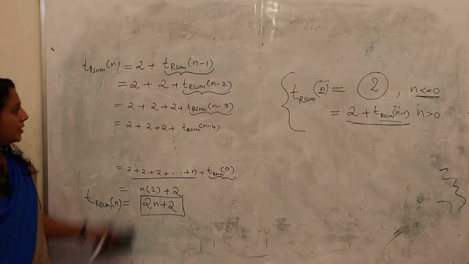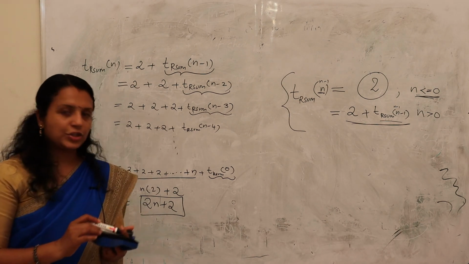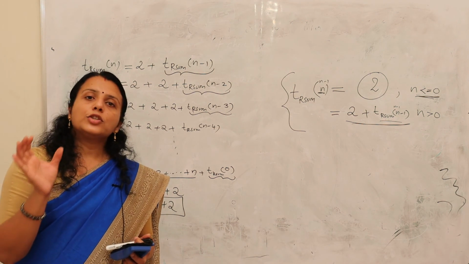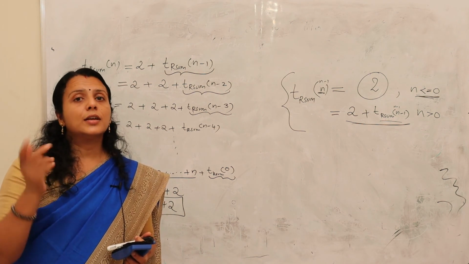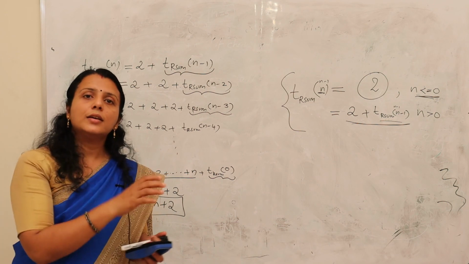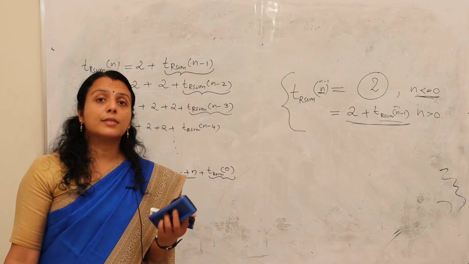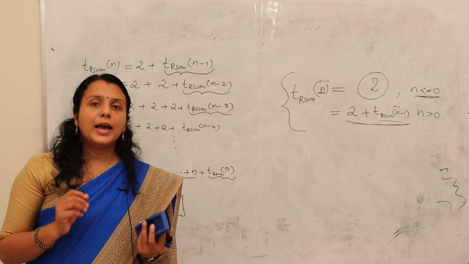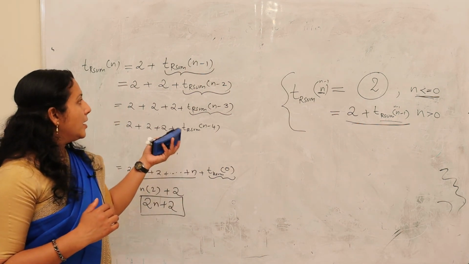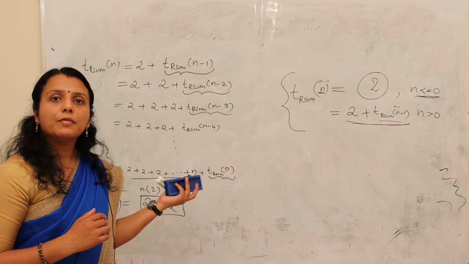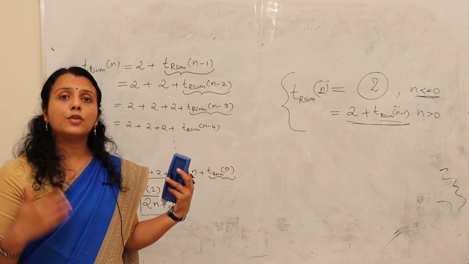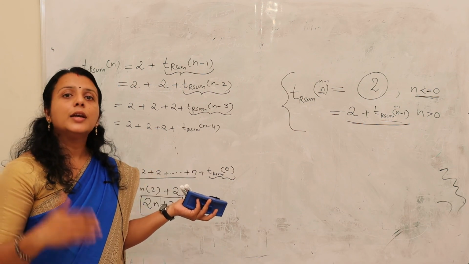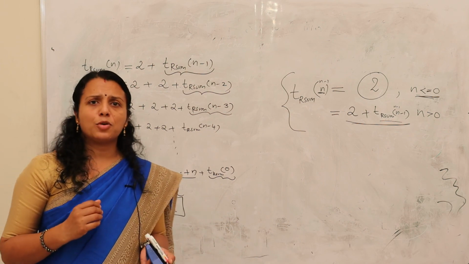Okay, so this way you have to solve the recurrence relation, and you will get the total time complexity of a recursive program. When you analyze a program written in a simple method and the program which uses recursion, you will get a little difference in the time complexity. In the last video we discussed that when this program was written in a non-recursive method, you got 2n plus 3 as the time complexity. Okay, and here what are you getting? 2n plus 2. So a small change in the time complexity.